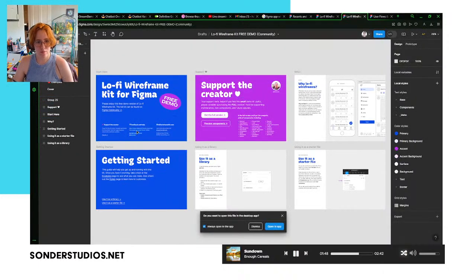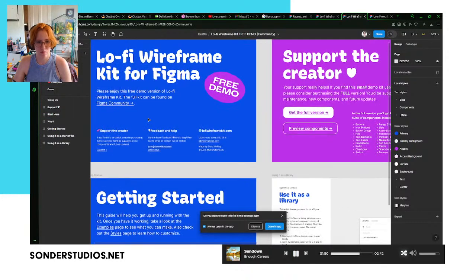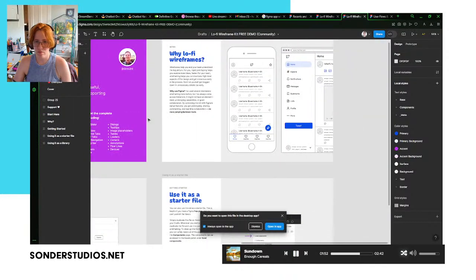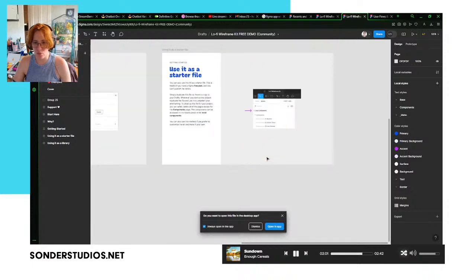Okay. Why lo-fi? Wireframes help you and your team understand the picture, yada yada, we know that.